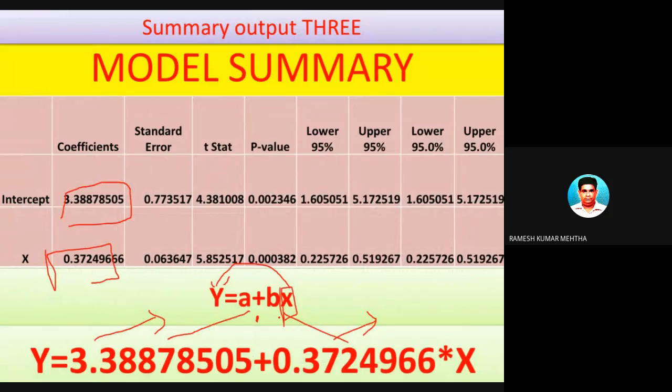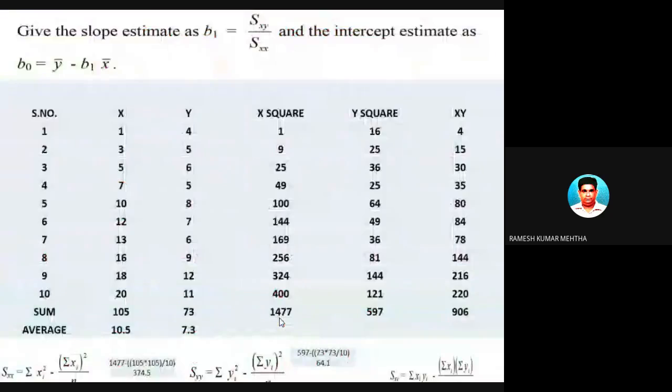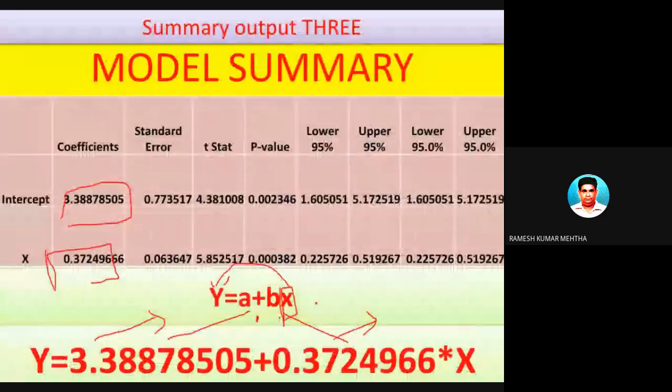So this is found out by this particular table. You have to employ this particular table to find out the values of A and B. Very important. Again, I am telling you, our endeavor, our headache is to find out the value of A and the value of B, and from the values of A and B, we'll find out the predicted value of Y. And the predicted value is also called Y hat.